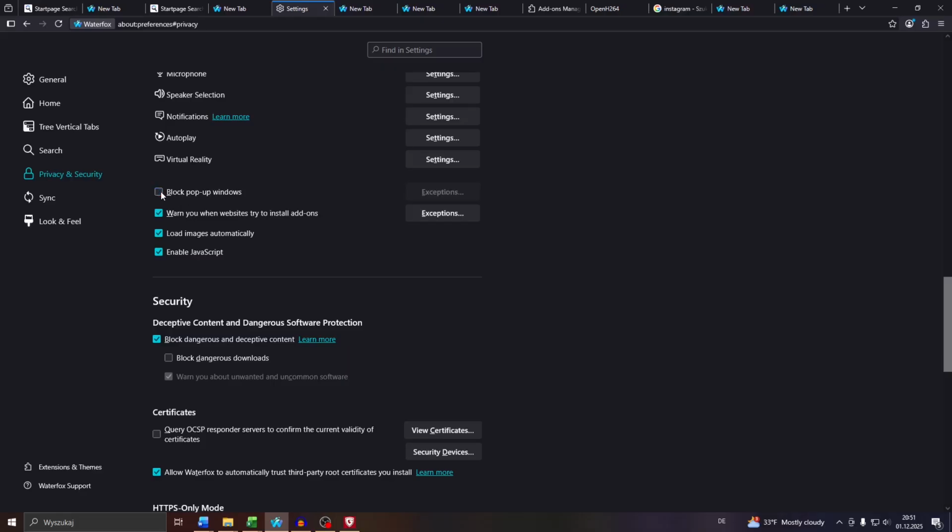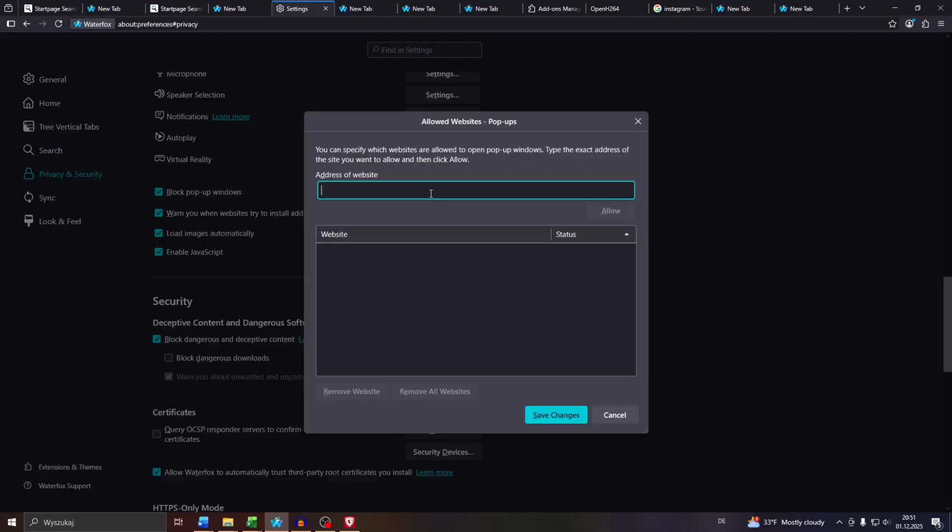So by default, it will be disabled. However, guys, if you accidentally enabled it, you may simply turn it off here. So turn off these pop-up windows and redirects here. As you can see, it works not the same way as on Google Chrome. You will find it under privacy and security, and here under exceptions, you may always add websites you want to grant exceptional permissions to show you these pop-ups and redirects, but it's totally up to you